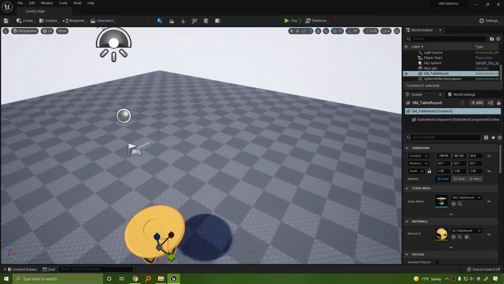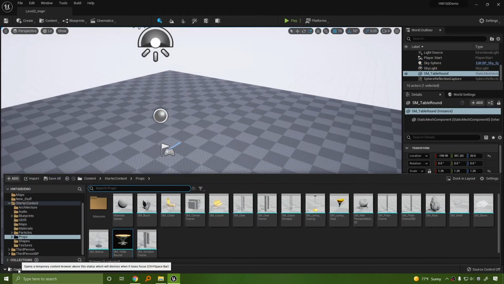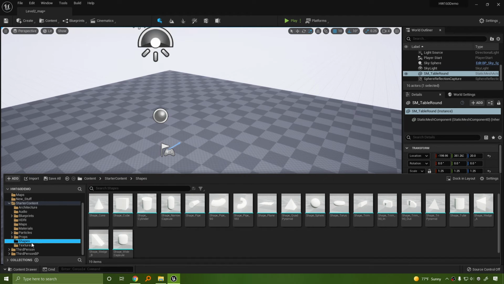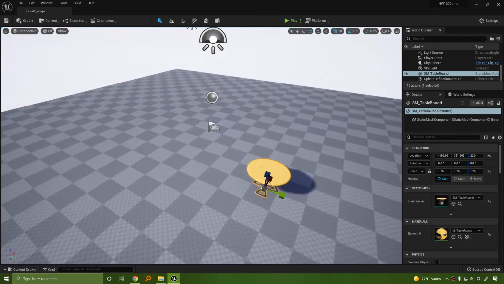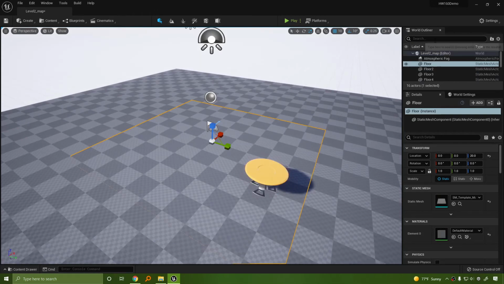Let's go ahead and I'm going to put something together real quick. So you can see you have access to a bunch of props. You have access to stairs. But where you'll probably spend the most amount of time, you have access to shapes. You do have access to textures, for example. So if you want to apply a texture to everything,